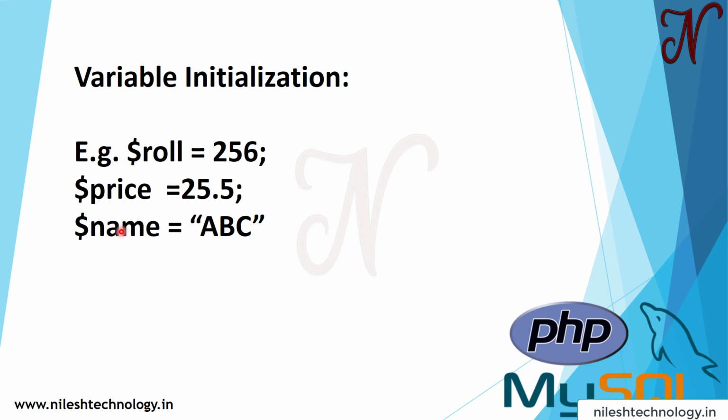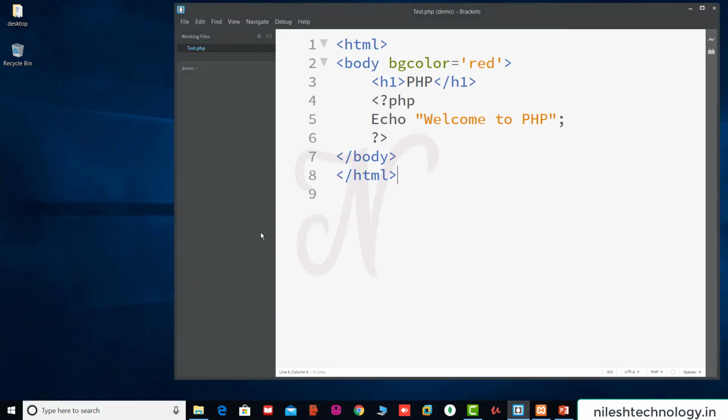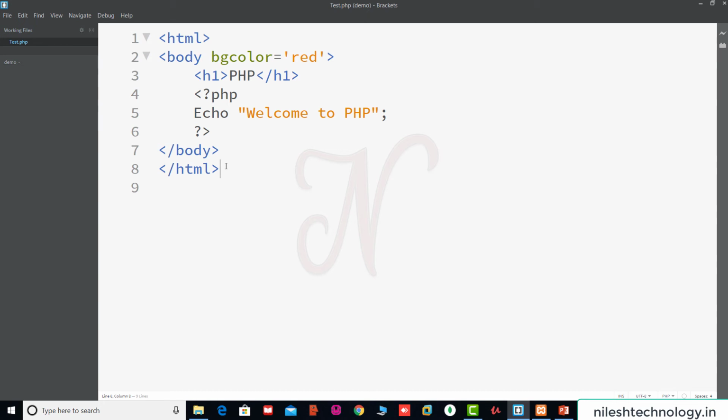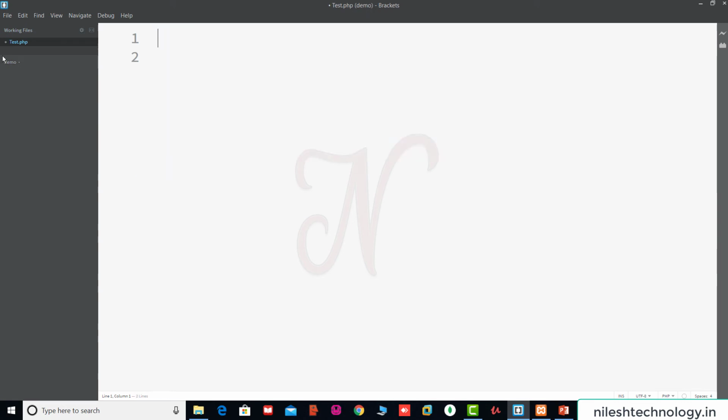Let's see an example. Here we open the Brackets editor. This is the previous program which we saw in the previous video. Here we remove this code. Your program name is test.php. We add new code in the same program.